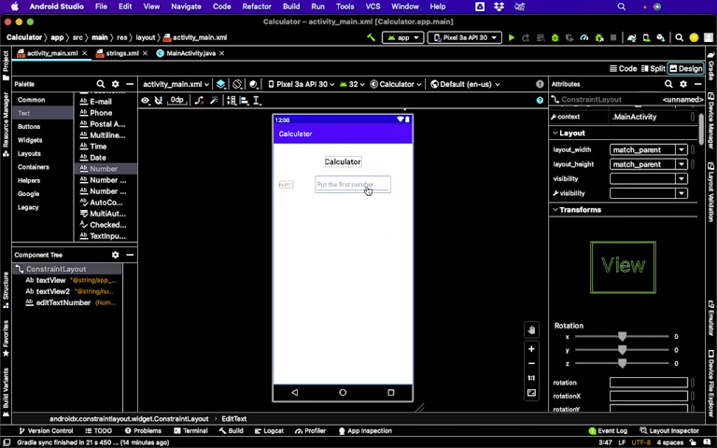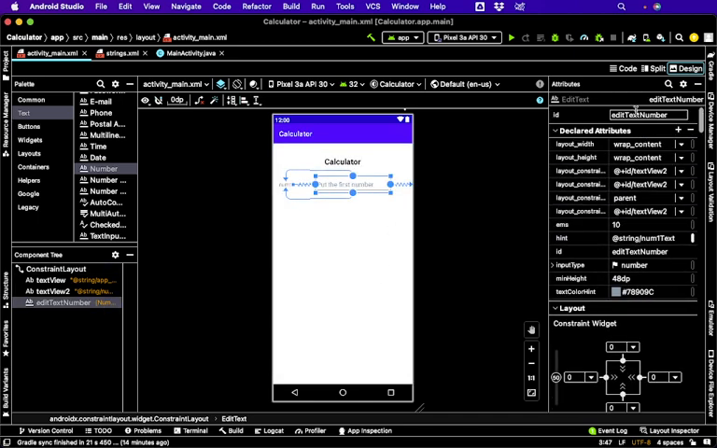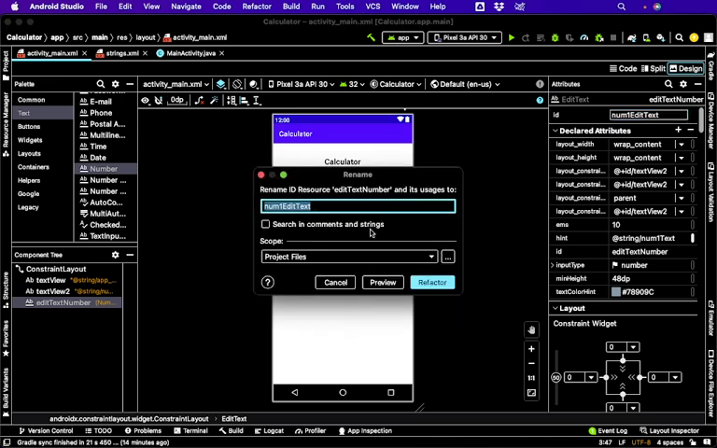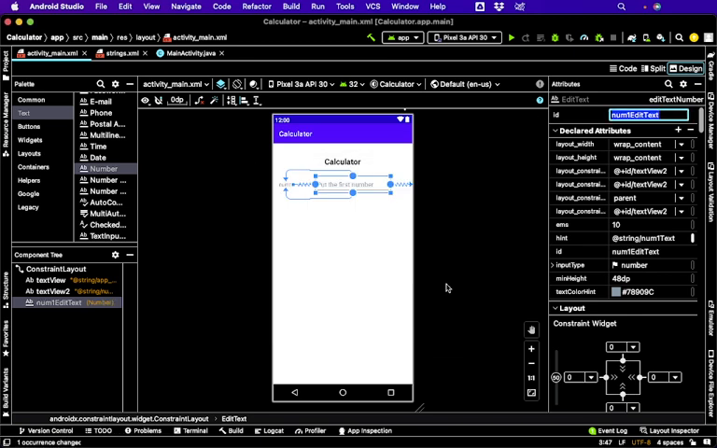Okay. One thing about it, this edit text is the one that I'm going to use for input. So I'm going to change the ID here, so I have a better one. Instead of edit text number, I'll call it num1 edit text and take this number off. Okay, so I'm going to refactor. Also,